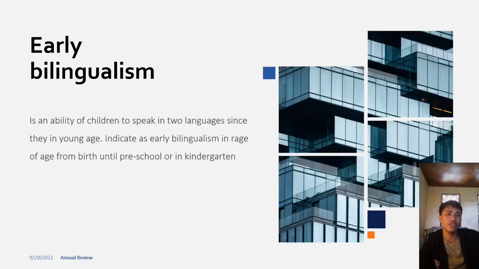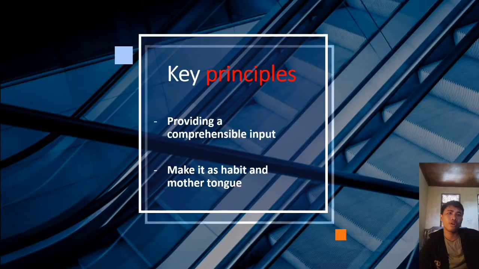It is the ability of children to speak two languages since they are at a young age. It also refers to a range of age from birth until preschooler, or in other words kindergarten. And here is the key principle of early bilingualism, which is the first one: providing comprehensible input,